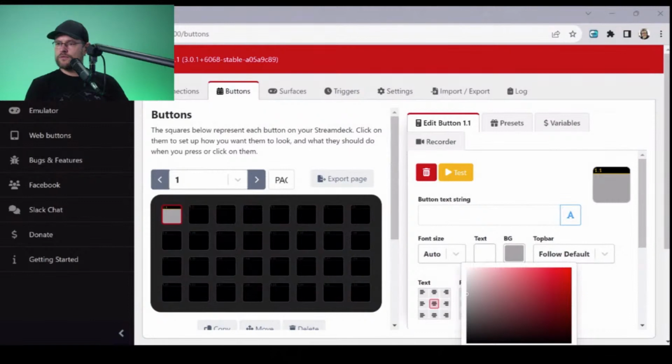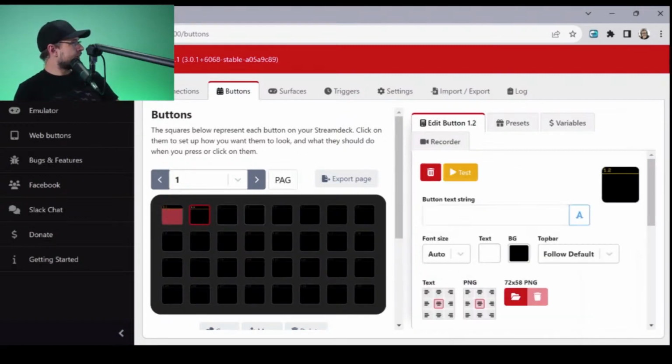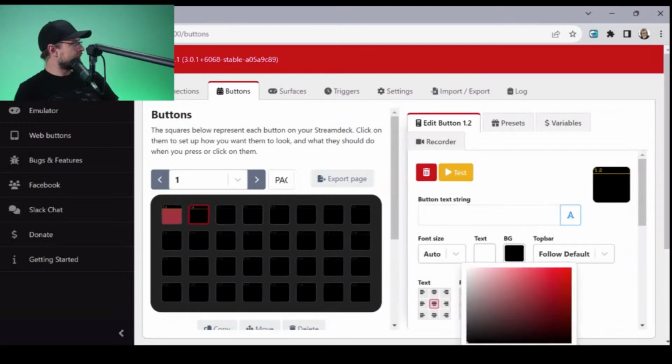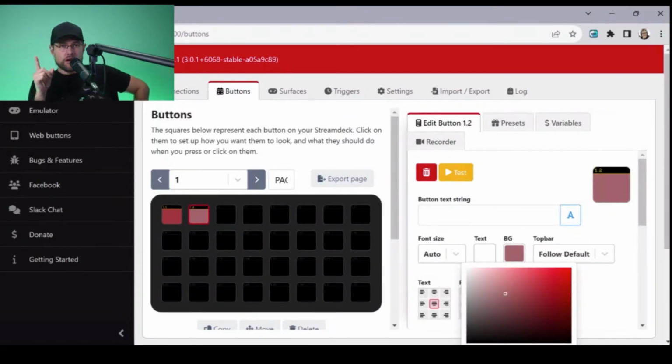Let's go over to, if that's button 1, let's find out, I guess. So that's 1.1 is the button top left in the orientation that I have it in. So if I create a button on button 2 and I say color, oh, I was wrong. Button 2,